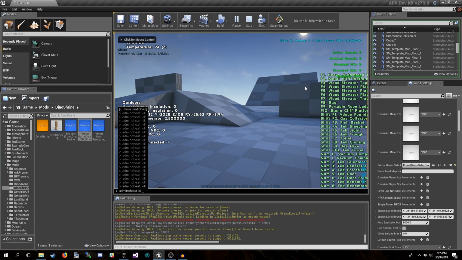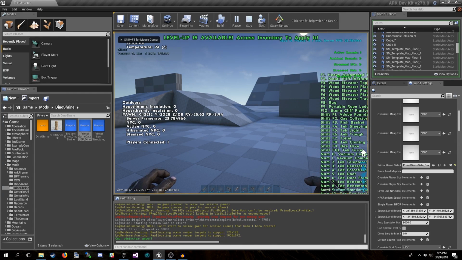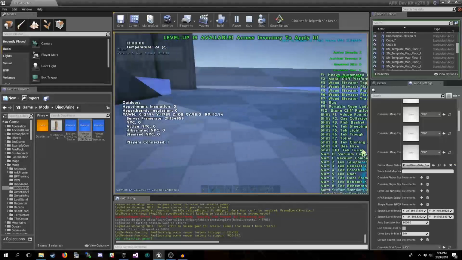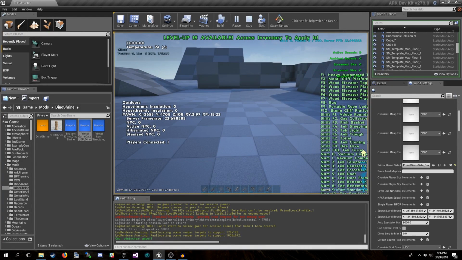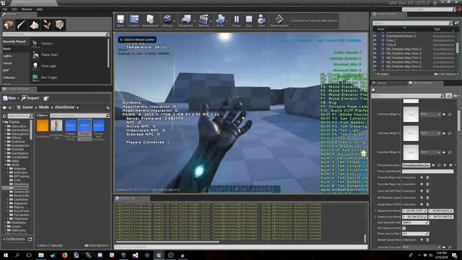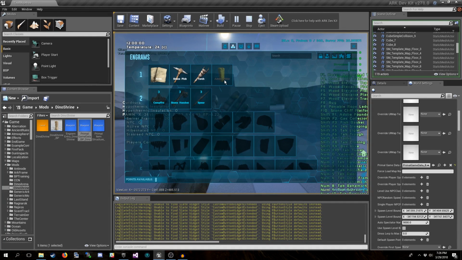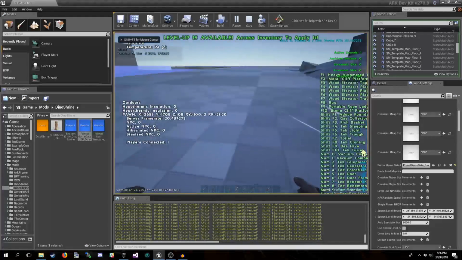And then I'm going to do admin sheet GM buff. Now that we are in, and now that we've got levels, we want to open up our inventory, add a level so that we've got some engram points over here. And, oh, I've messed up. I forgot some things. See, this is the importance of testing. It's easy to forget things.